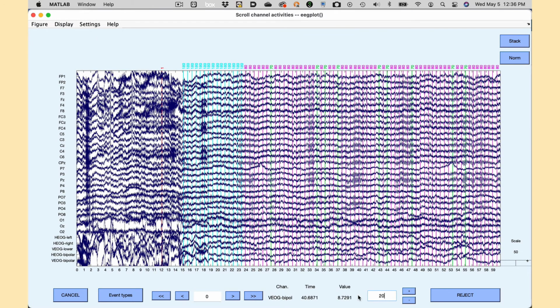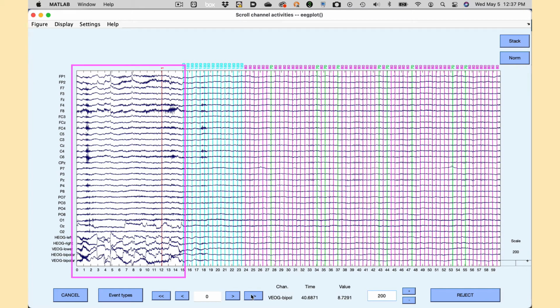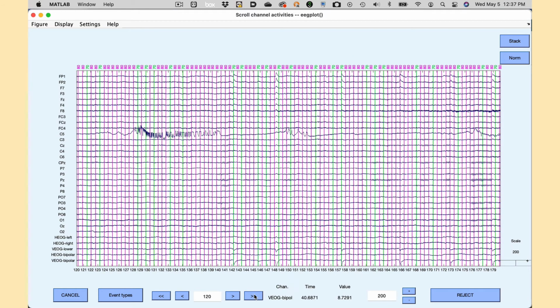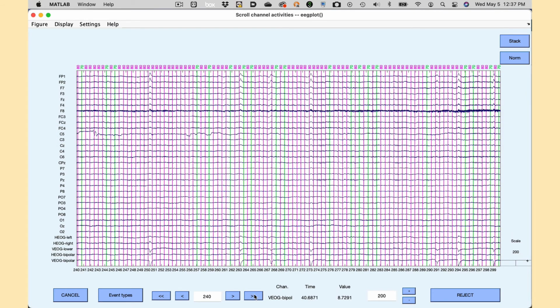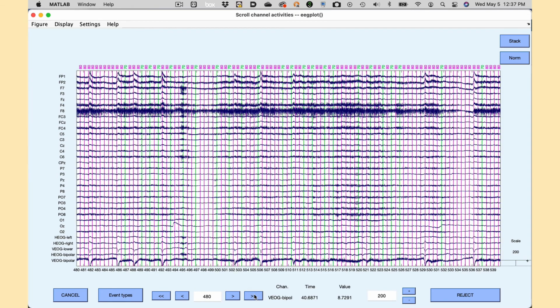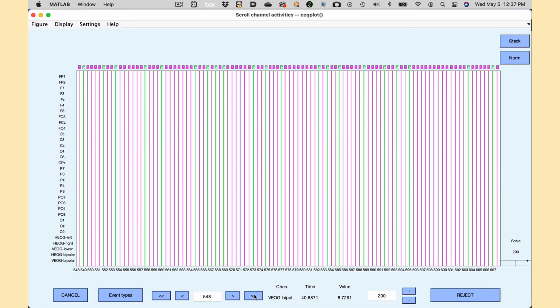If we go back to the start, we can see the noisy part before the stimuli start, and then it gets super clean. Here's the EMG burst we saw before around 100 seconds, and you can see the eye blinks right before and after. Again, we can click Stack and change the scale to see the blinks better. When we scroll to the next screen, we can see that C5 is starting to act up, and toward the end of the screen we can start to see the high-frequency noise in F8. If we keep scrolling, we can see that blinks are starting to occur more frequently, and everything is starting to get noisier. You'll want to go back and forth between the 60-second view and the 5-second view when you're looking at data.